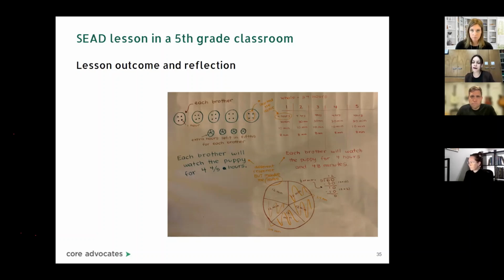And so I had chosen discourse, and my students had worked a lot with having partner talk, but I wanted to make sure that they were also comparing and connecting strategies and ensuring that they understood that every strategy, although it may have been different from theirs, was valued within our classroom and that we can make connections with it. And so here on this slide, you'll see an example of the charted strategies that we talked about.